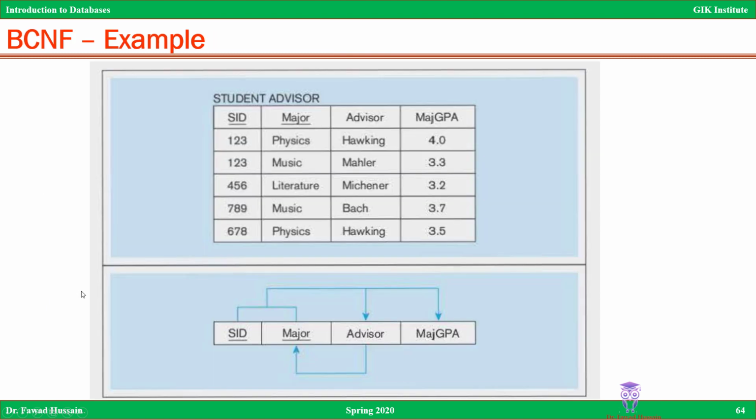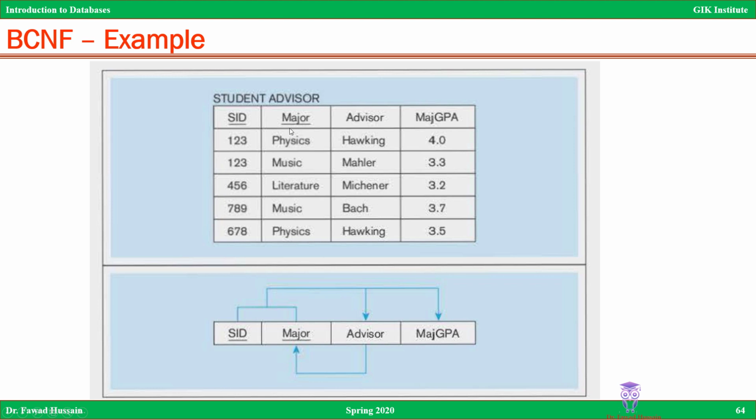Let's look at this example to understand what is going on. In this example, you can see that we have the student ID and then the major that student is doing. For instance, if you are in GIK, you could be doing computer science or EE or mechanical, and your advisor is here, and then your GPA is here. So what's the problem? You have the student ID and the major. A student can be in two majors as well. Therefore the student ID alone is not enough, because it can have repeating values. So the student ID and the major combined form